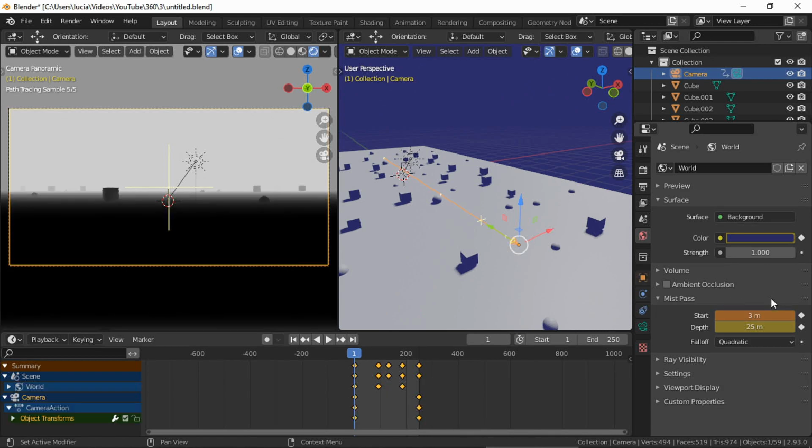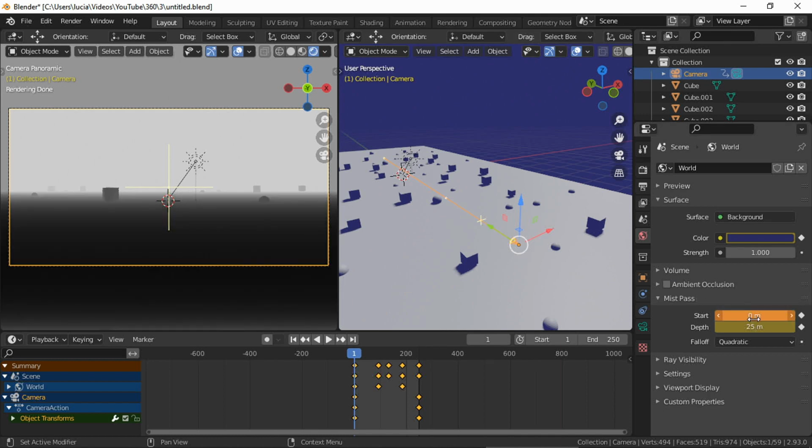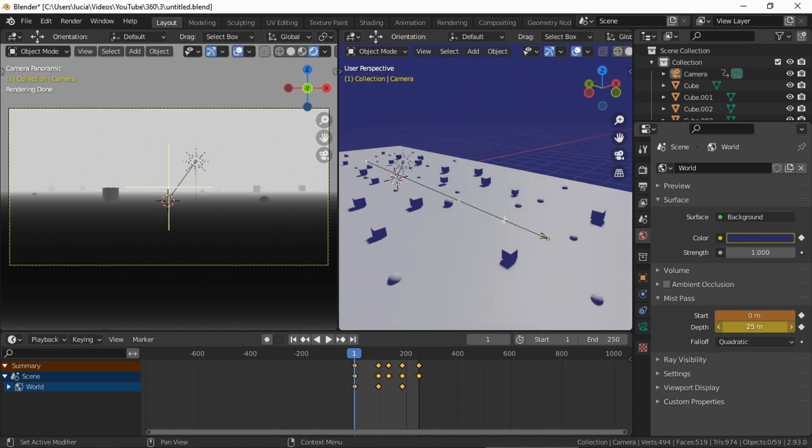You can make the start of the mist further or closer to the camera. And the depth.